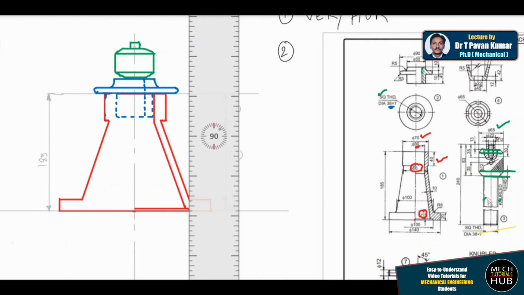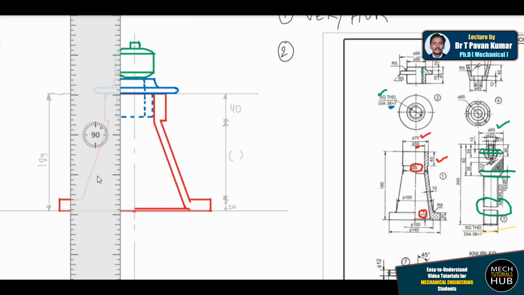But this part number 3 has an overall height of 240, and I have accommodated only 83. For the remaining part, you find a cut section. This cut section represents that the length is very big, so you can do the cut section and accommodate the shaft only in this portion. It is not required to maintain the complete height. This cut section represents that you can use any convenient height.